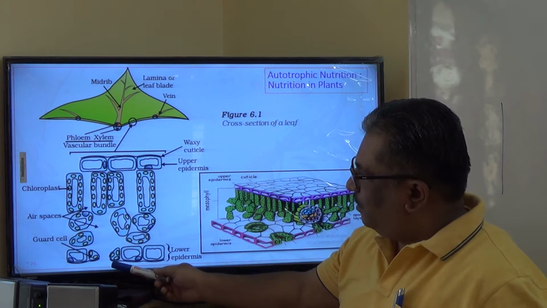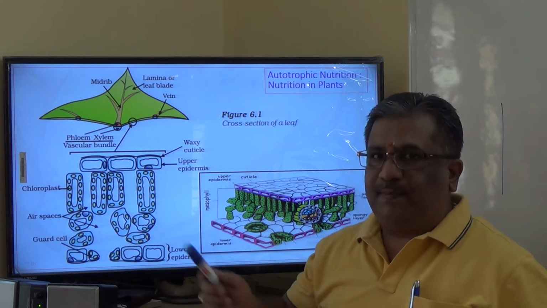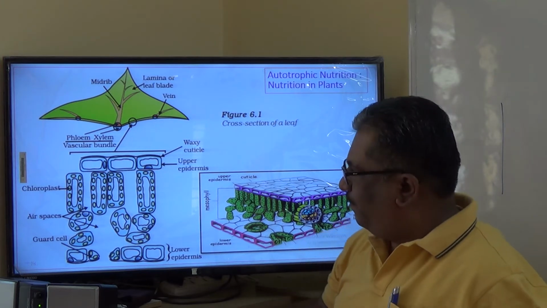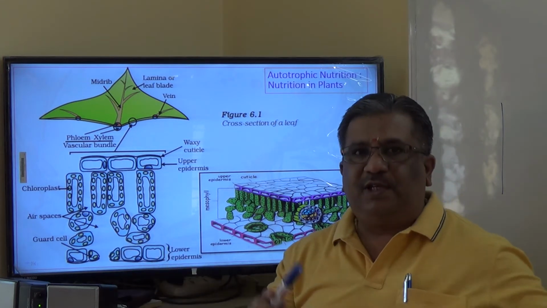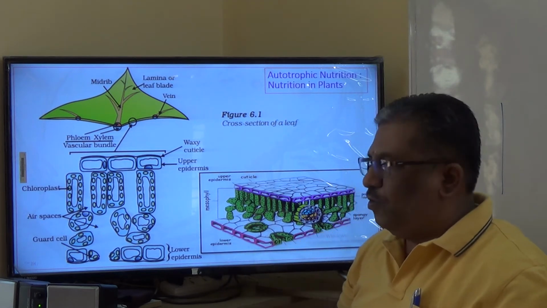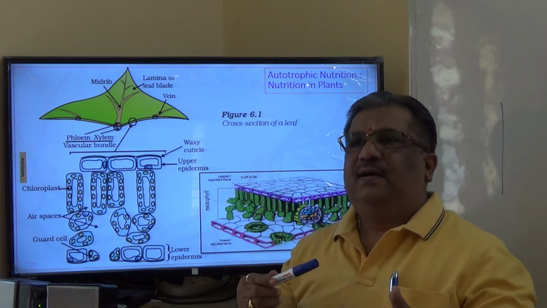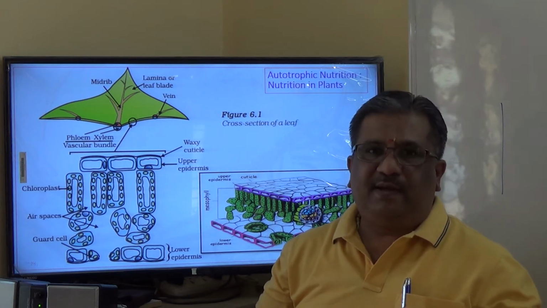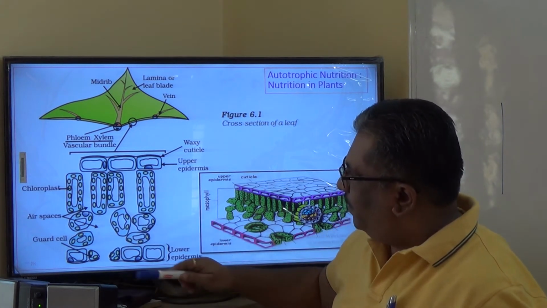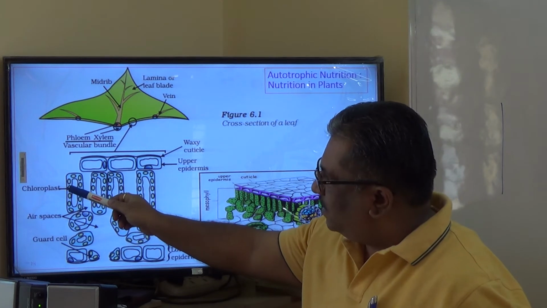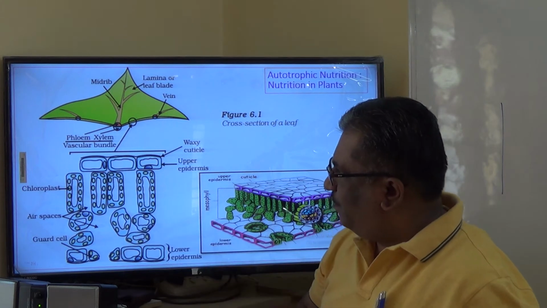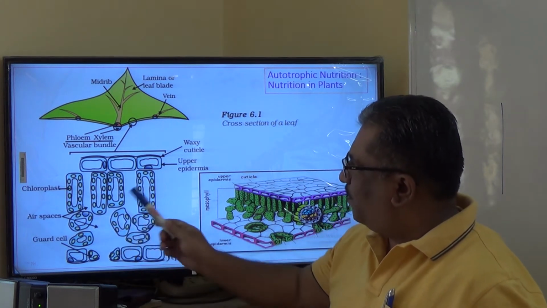At the bottom portion, you have stomatal pores, which are tiny pores used for exchange of gases. Each stomatal pore is bordered by two kidney-shaped guard cells. Opening and closing of the stomatal pores is enabled by guard cells. All these are the cell organelles basically. In that, you can see some green dots, and these green dots are called chloroplasts. Also, you can find some air spaces.